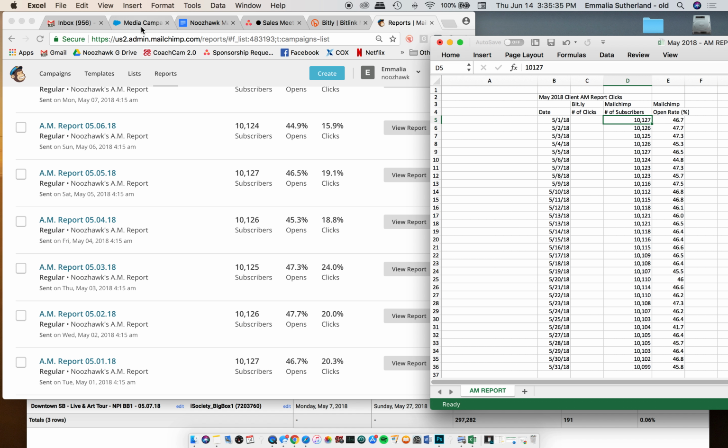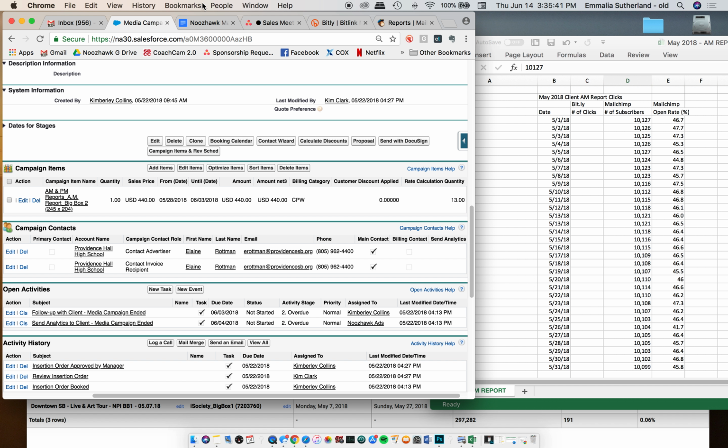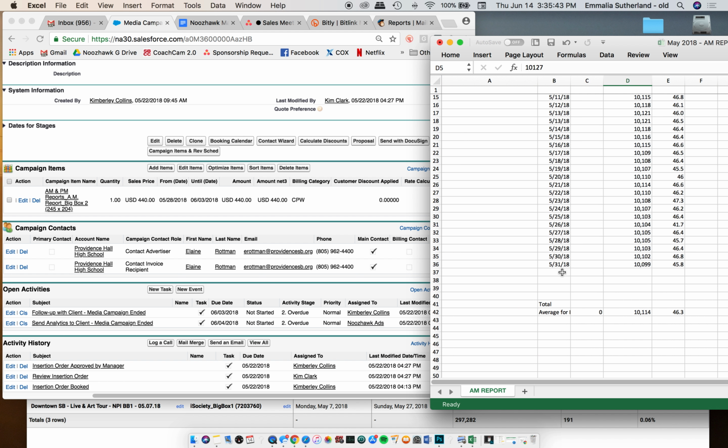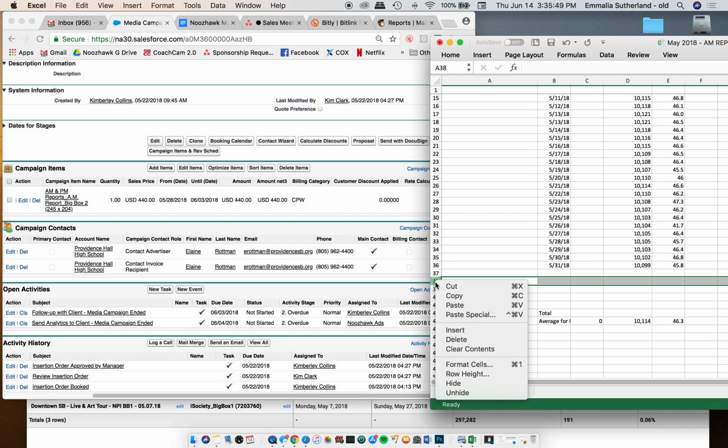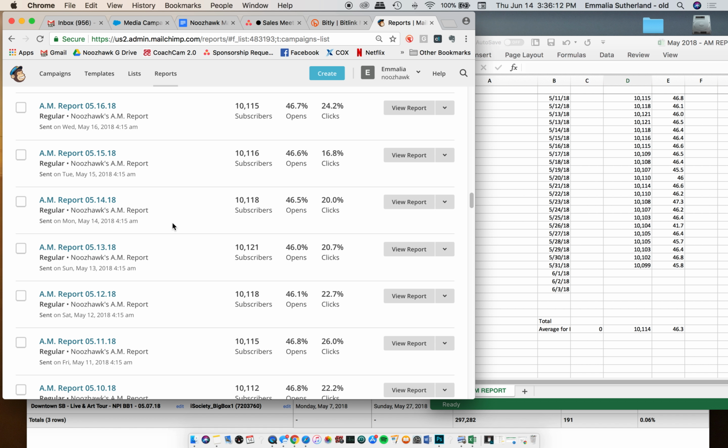The ad that we're looking at looks like it straddles May and June. So it goes till the 3rd, which is a Sunday. So for this example, I'm just going to add a couple days to the bottom of this. So let's say 6/1/18, 6/2/18, 6/3/18. So now we want to go ahead and get the number of subscribers and the open rate for those